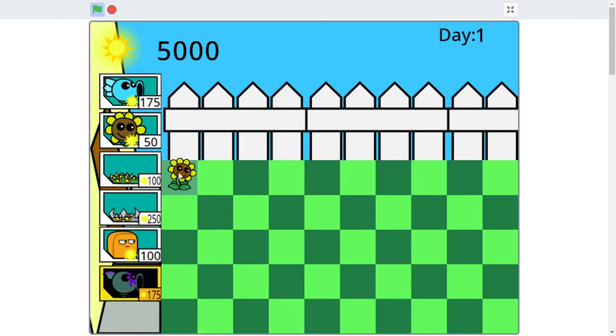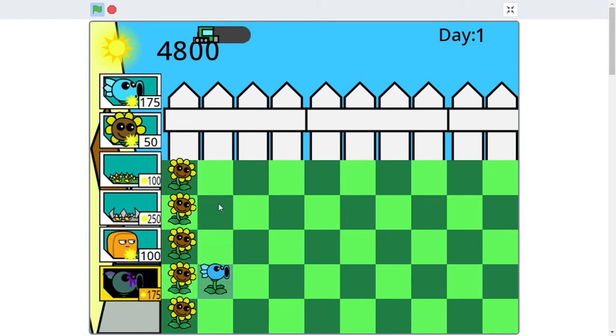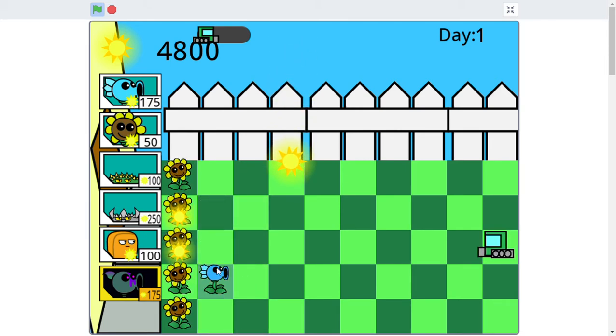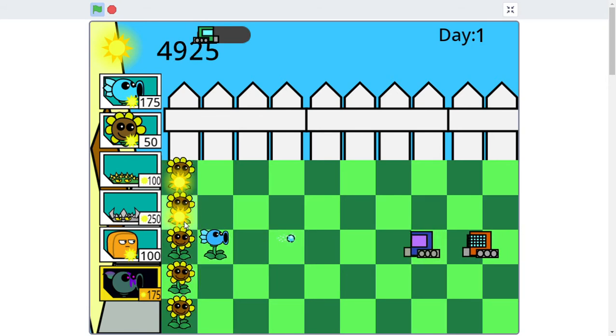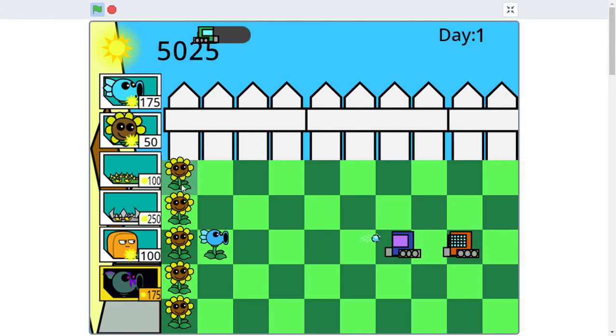So we first have the snow pea. The snow pea is basically the first pea that we have, but he shoots only one pea. I'm waiting for the zombies to come. Okay, there. So it does slow them down. But it does low damage. So what we could do